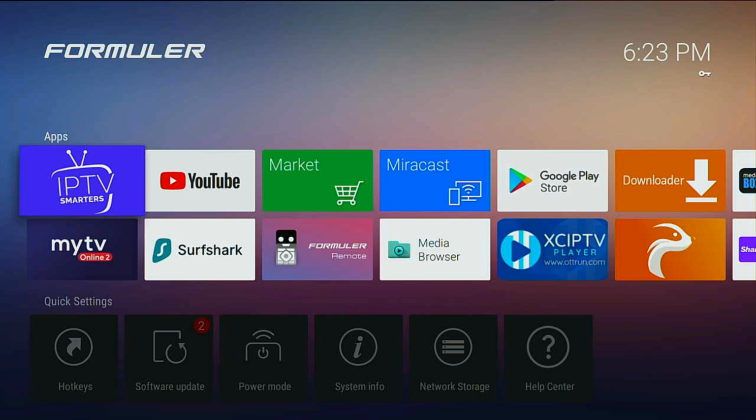Today I'm going to be showing you how to install KODI 22 on an Android device. I'm using the Formula box. You can use any device, Android, Google, Firestick, any device at all. Okay. The first thing is we need to go to